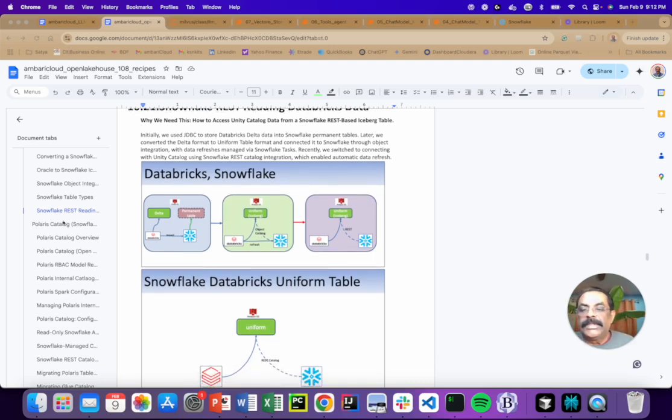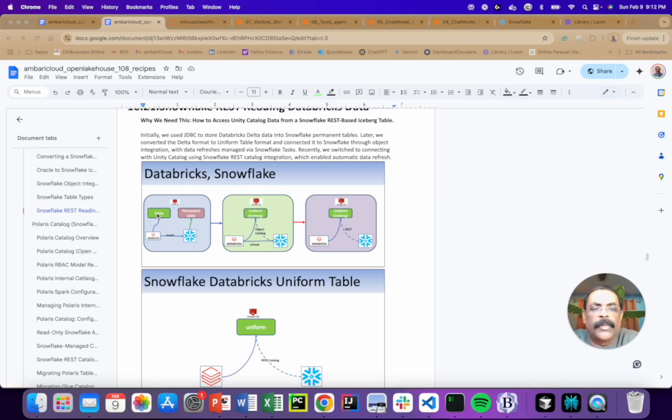In 2003, we did a project where Databricks does all the ETL work, basically the raw layer. We follow the medallion architecture: bronze, silver, gold. The whole ETL/ELT work is done at the Databricks layer, and then we create a Delta table. The requirement was that we need the same data in Snowflake so that they can build a data warehouse and then share